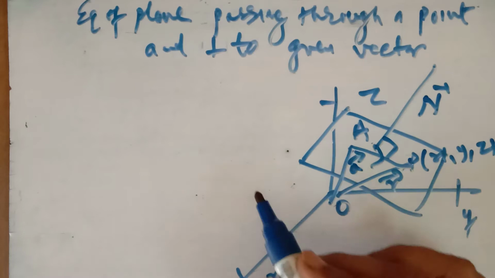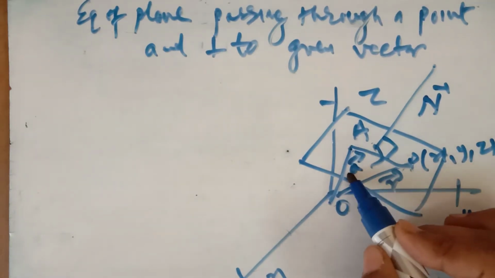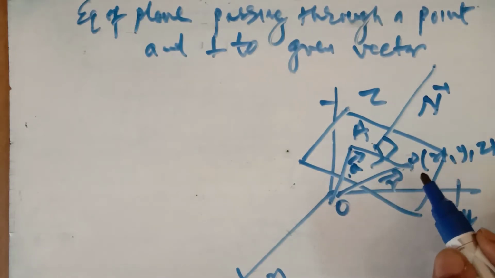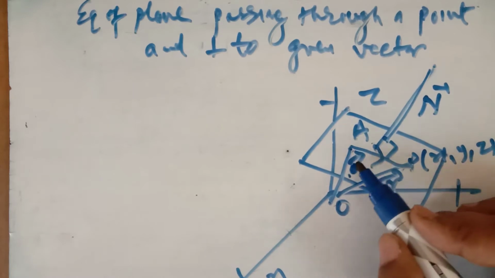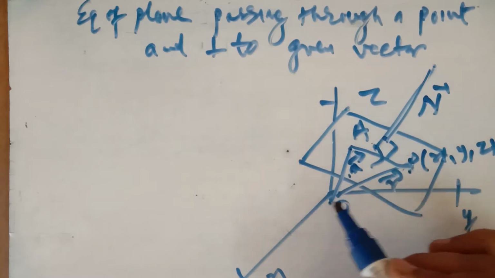Now let a plane be passing through a point A with position vector A and perpendicular to the vector n. It is perpendicular to the vector n. This vector n is perpendicular to the plane. Let r be the position vector of any point in the plane whose coordinates be x, y, z. Then the point P